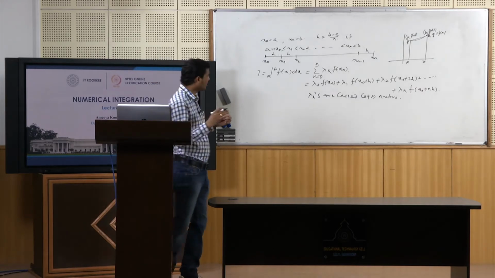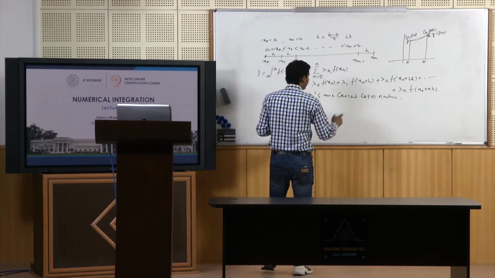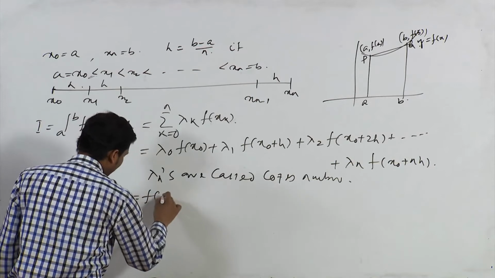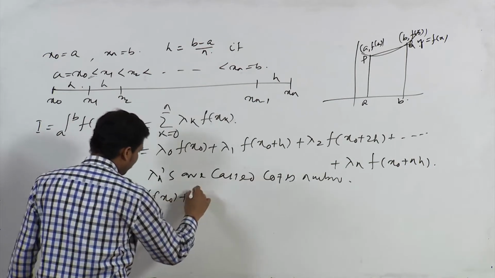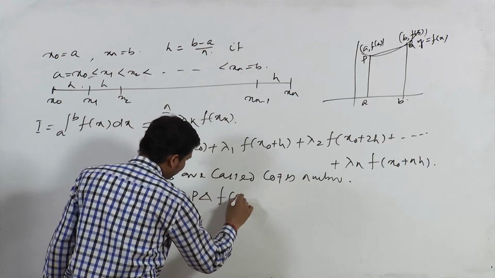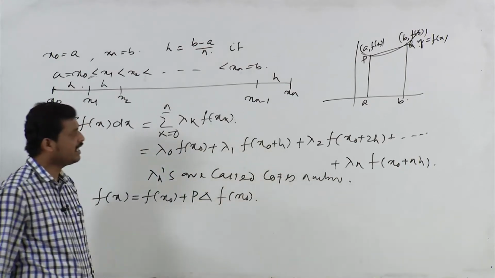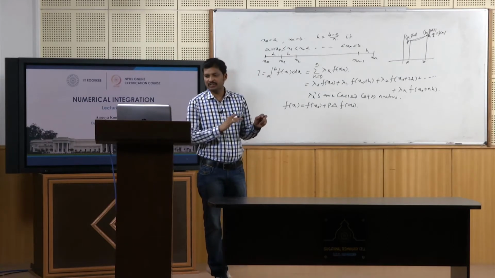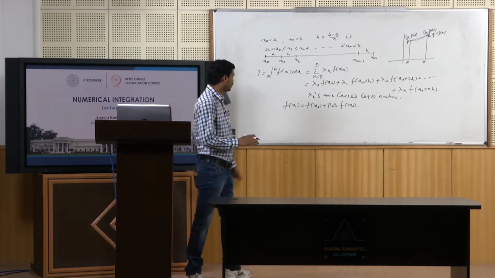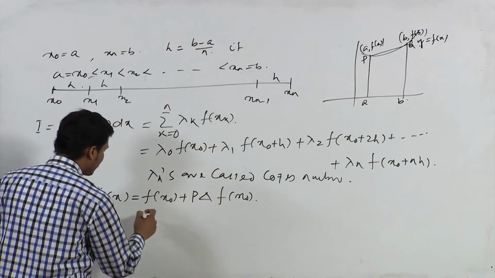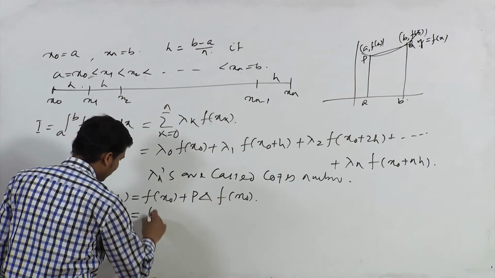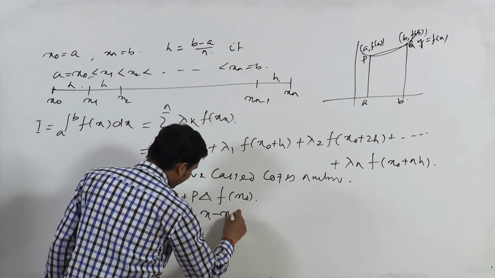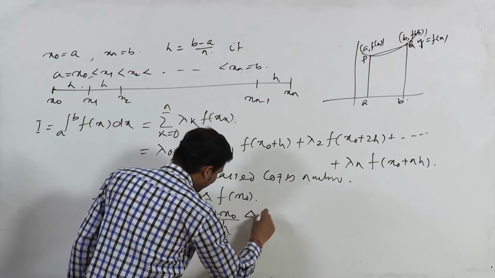So, if we interpolate this curve with a linear interpolating polynomial, we can write the formula as f(x) = f(x0) + p Δf(x0). Since it is a linear interpolating polynomial, the higher-order terms become zero, which is why we write the series only up to this term. In terms of x, this expansion can be written as f(x) = f(x0) + ((x − x0)/h) Δf(x0),